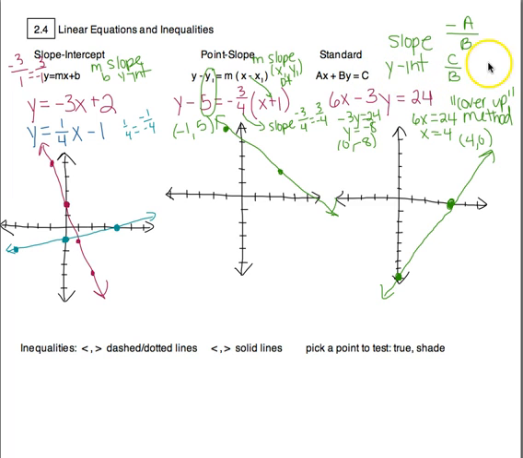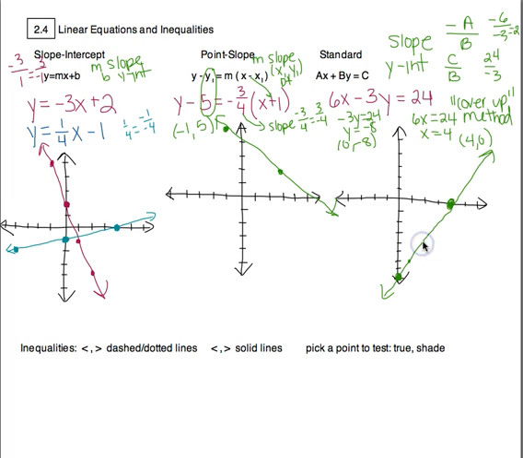So my C value is 24. My B value is -3, so notice that does give me the same y-intercept of 0, -8. My slope, the opposite of A, so that'd be -6 over B. B is -3. That reduces to 2. So if I had this y-intercept and a slope of 2, I'd go up 2, right 1, up 2, right